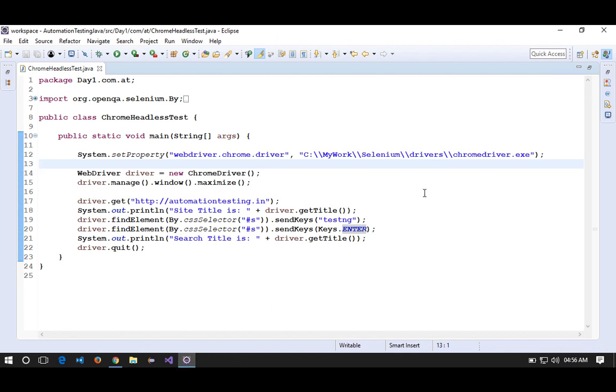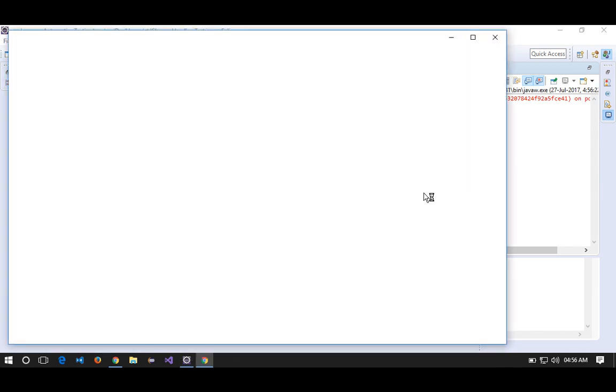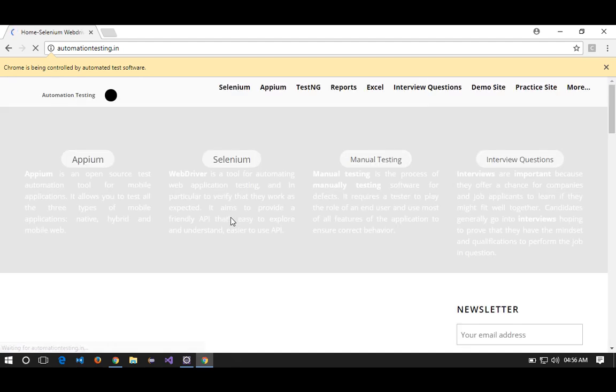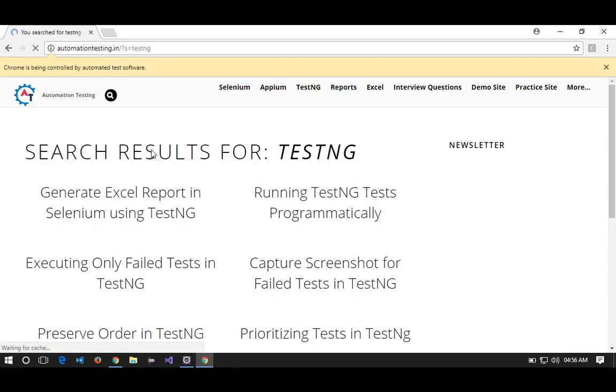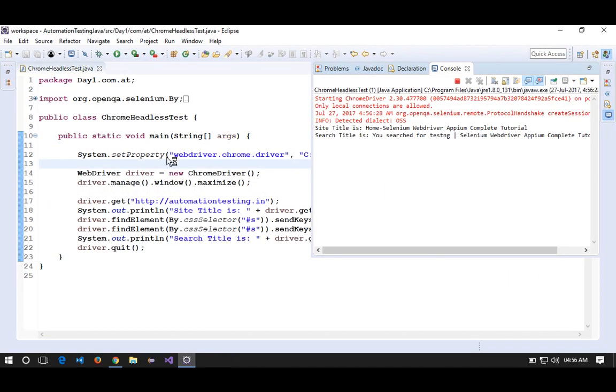Now we'll give it a try and see how it executes. Run as Java application. It opens the browser, navigates to automationtesting.in, searches testng, and once done, quits the browser.